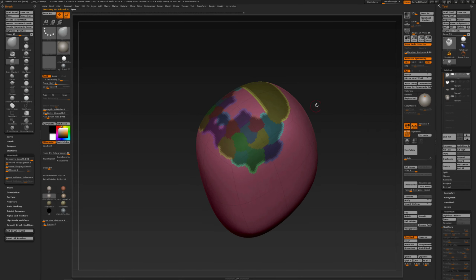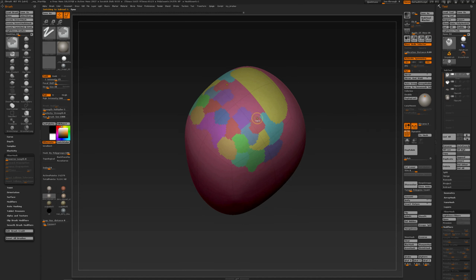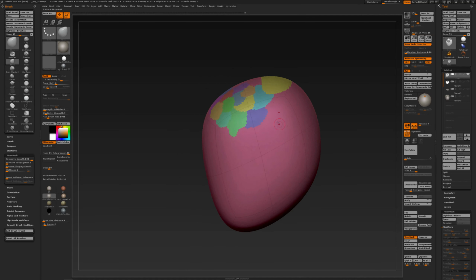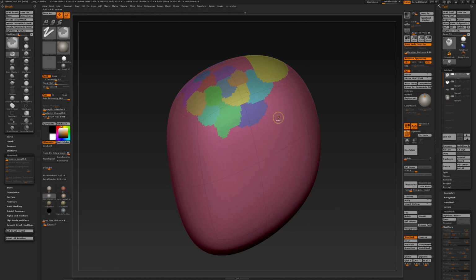So an easy way to create your polygroups is just by painting them with mask by polygroups set to 100 to rapidly create your polygroups. And you can create them in any form that you like, of course. So I could create strips, Control W, Control W, and so on. And you see I forgot some over there,